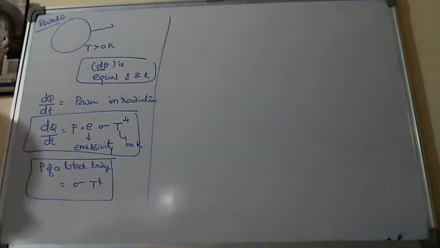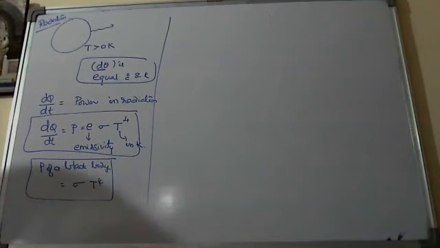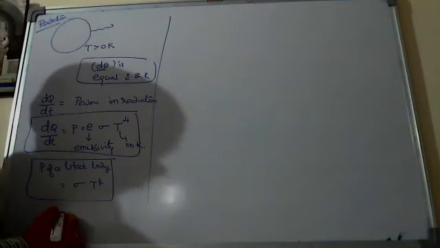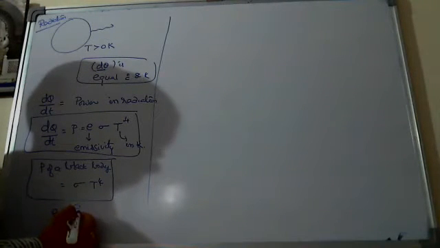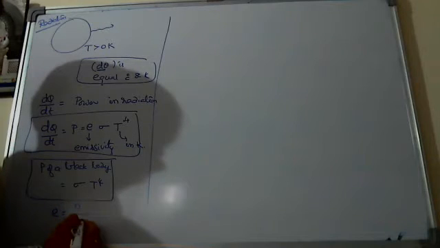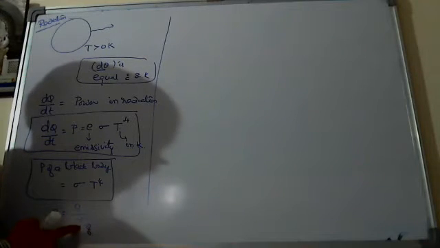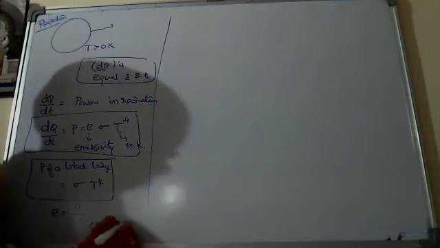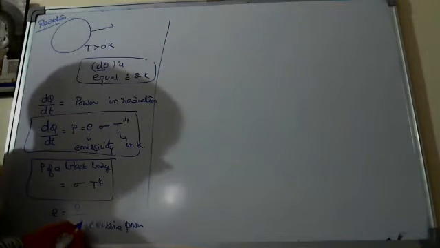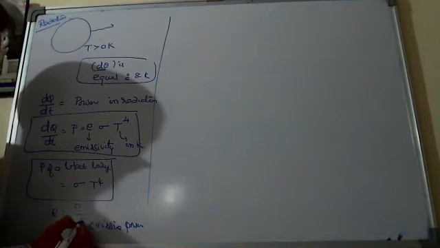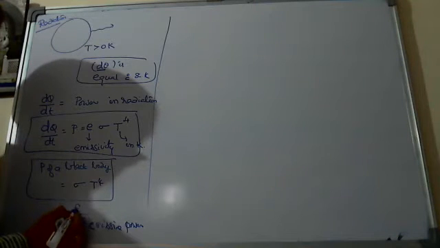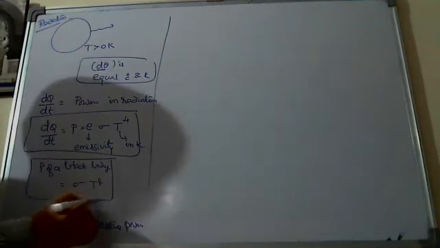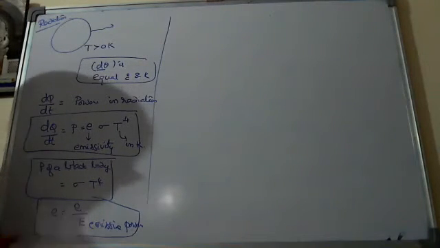Sometimes when you come to numericals, you need to calculate the emissivity value also. So keep in mind that the emissivity of a body is the emissive power of the body divided by the emissive power of the black body. The emissive power of a black body is represented with capital E. The emissive power of an ordinary body, whatever you take, is E. So sometimes that e we have to calculate.